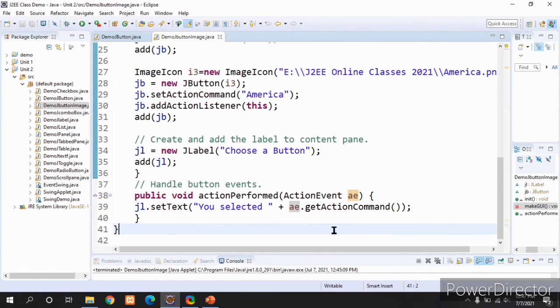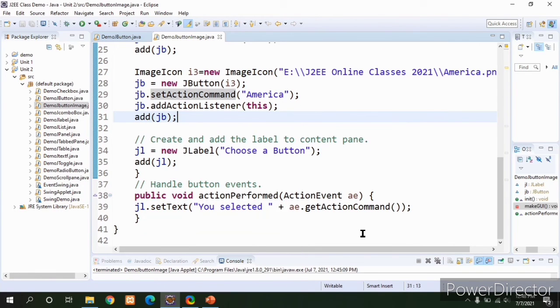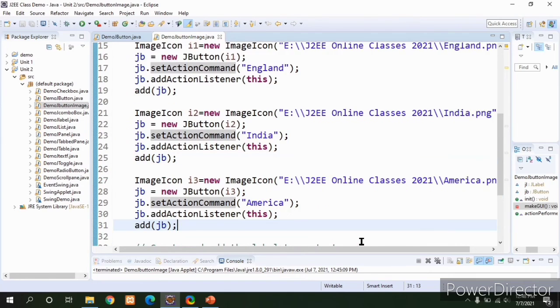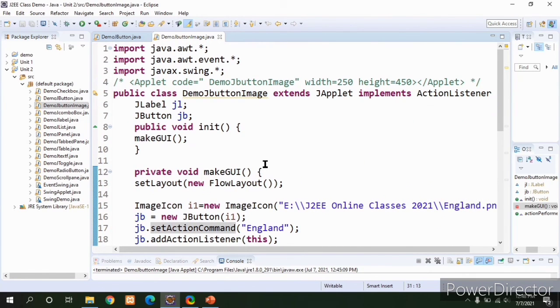Like that, getActionCommand and setActionCommand will help us to display information about the buttons which we are clicking. If we are using image icons, at that time setActionCommand and getActionCommand are very helpful. This is how we will use an ImageIcon with the JButton class.